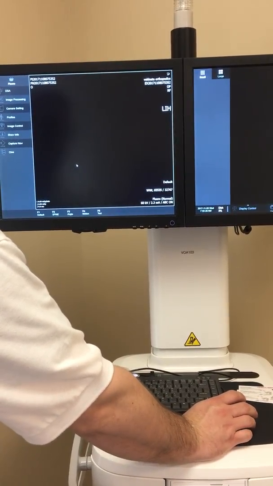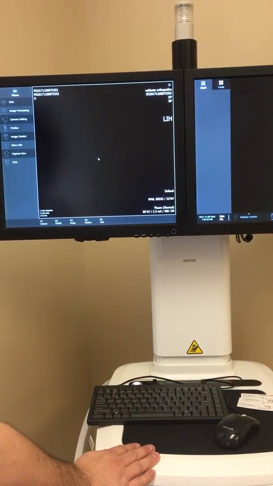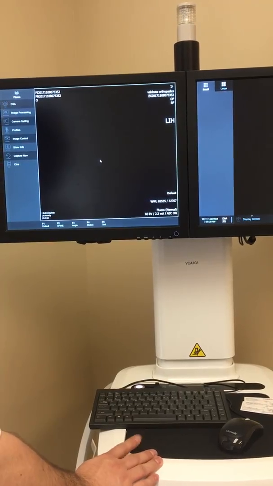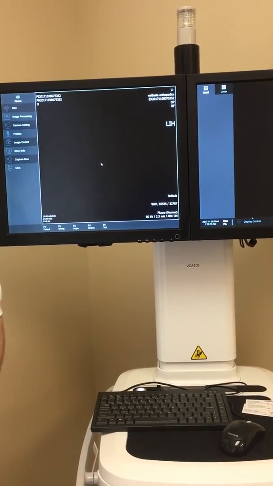All right, so we probably should acquire an image of something, just so we have something to manipulate. You just kind of maybe put something